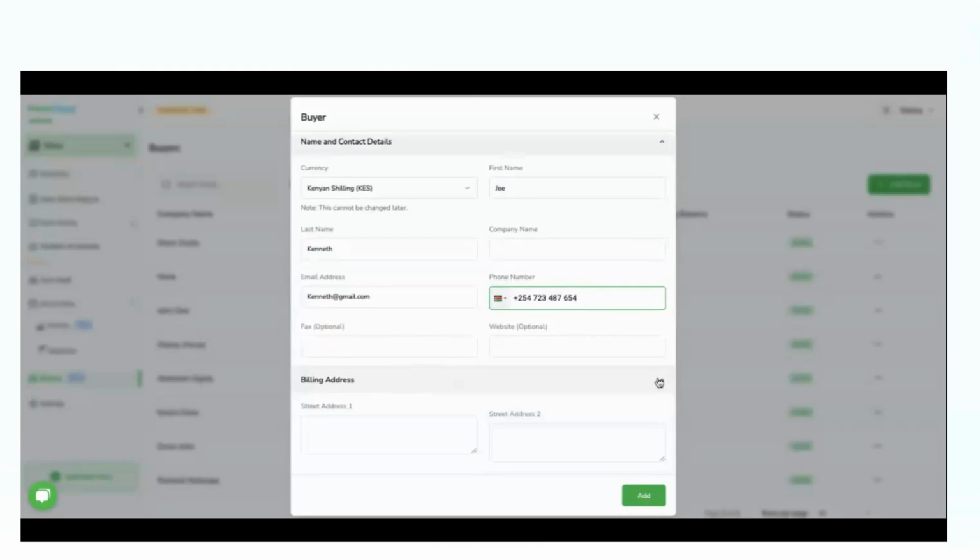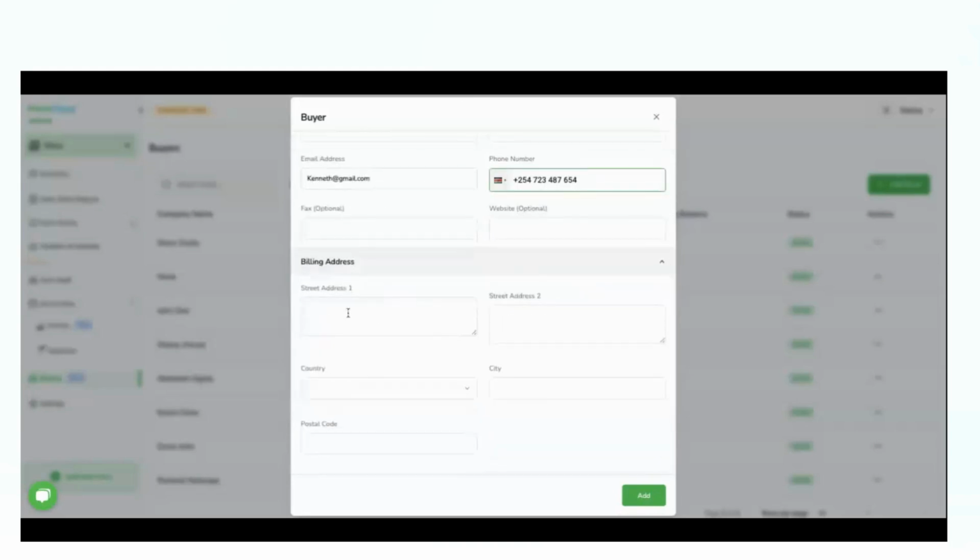If it applies, feel free to indicate. You also have to indicate the buyer's address, the street address, the country they're in. So let me just fill that in. You select the country. City is Nairobi. Postal code, which is